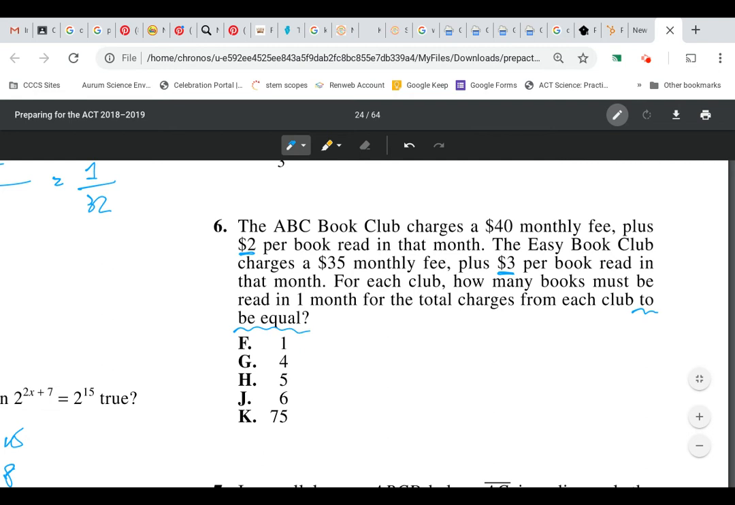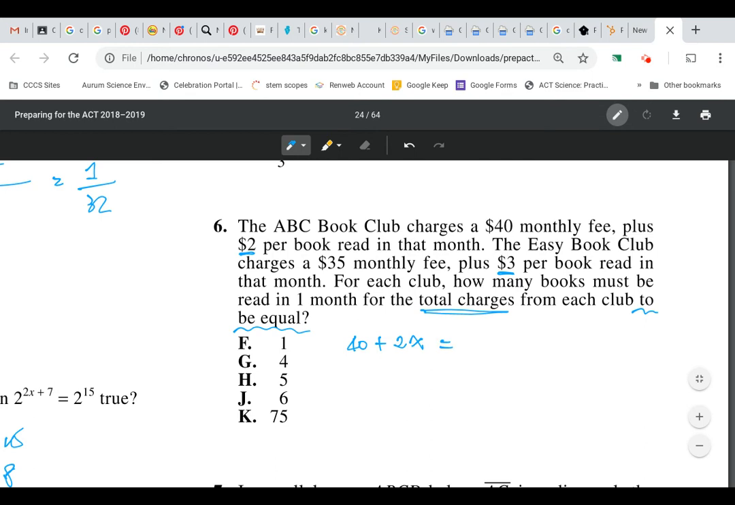And then to be equal to each other is total charge, right? So first, ABC Book Club. ABC Book Club has a $40 monthly fee, okay? Plus $2 per book, read X books, right? It must be equal to,